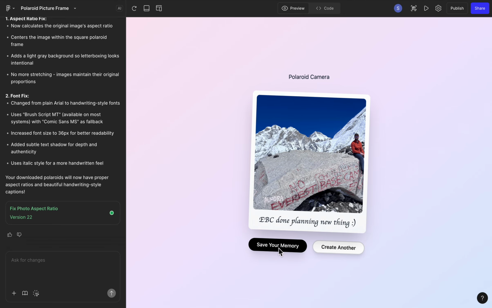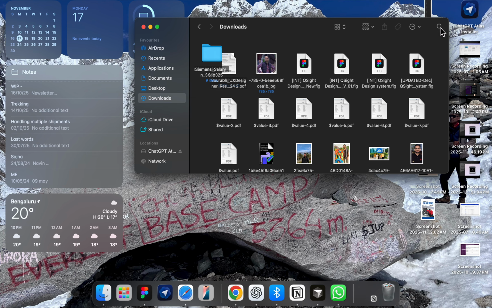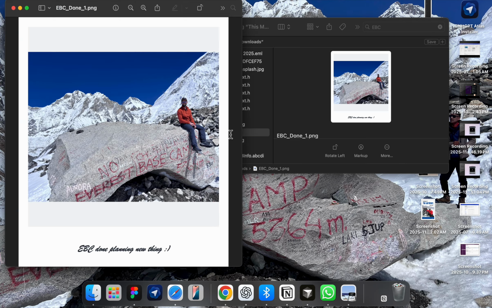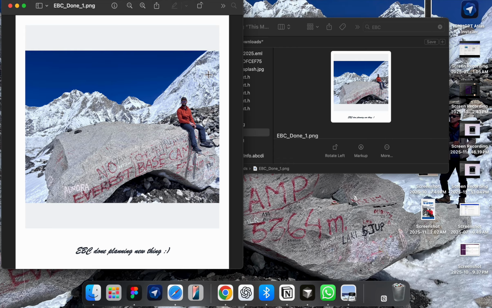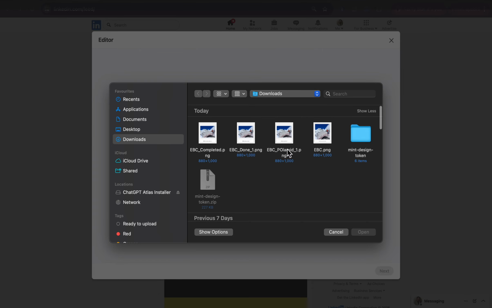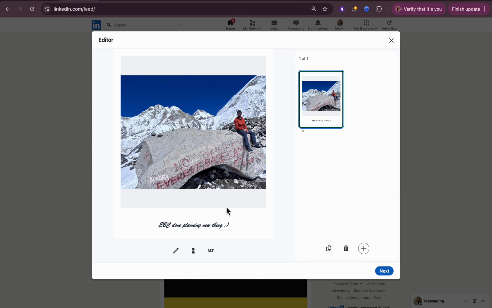Once you click on save memory, I'll just rename it as EBC done 1, and click on save, and now it's saved in your downloads. I'll search for this EBC done 1, and it's there, right? Now you can post it on any of your social platforms, like Instagram, Facebook. Possibilities are endless. I'll just click on this EBC done 01 and open it, and you can see